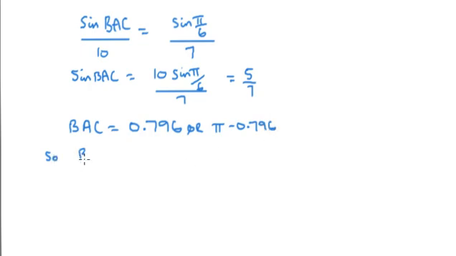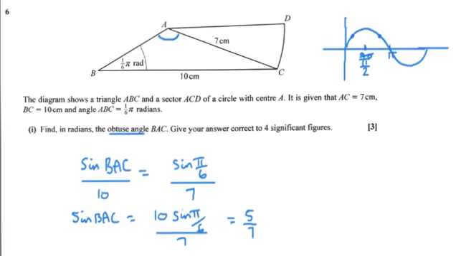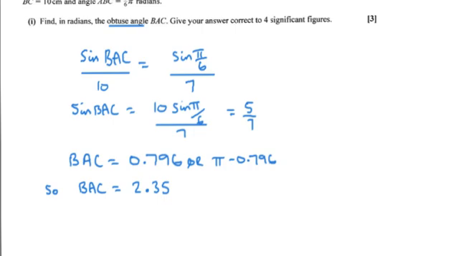So BAC is actually pi minus that 0.796. So BAC in radians is 2.35. How many? Well, it's 4 significant figures. 2.346